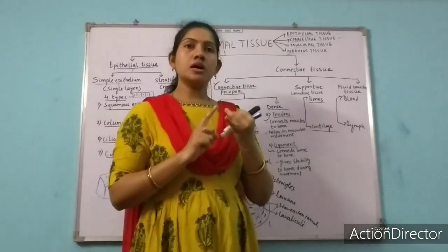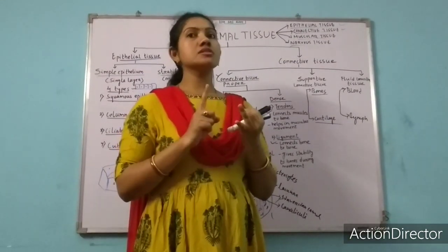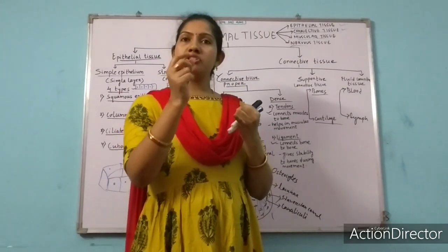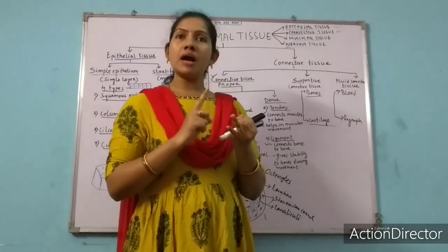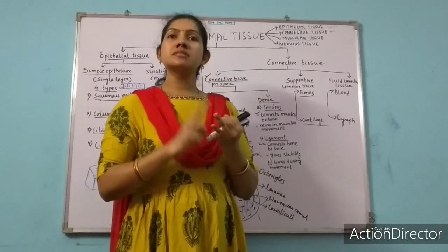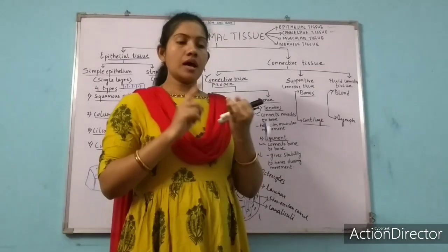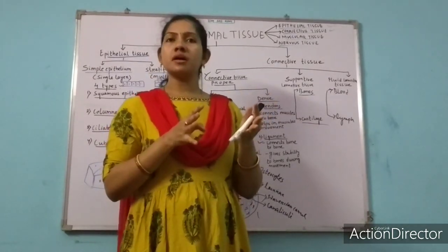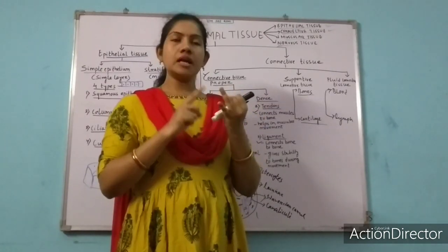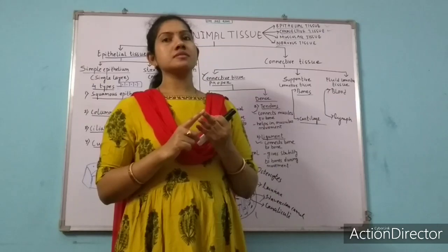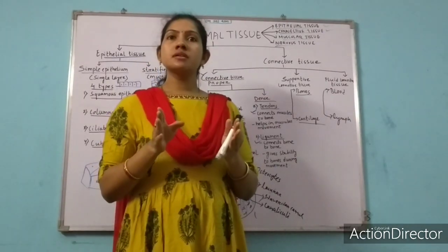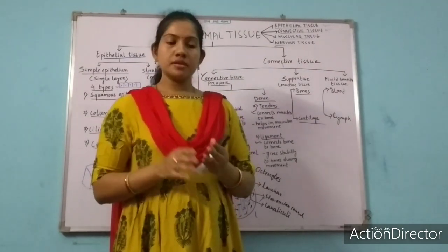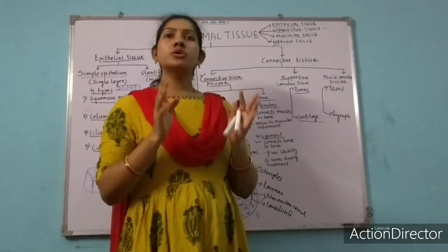Blood contains a fluid part and a solid part, as we have discussed. The fluid part of blood is called plasma, which is straw in color, and the solid part of blood is called corpuscles. So what are the solid parts of blood? RBC, WBC and platelets. There are three solid parts of blood: red blood cells, white blood cells and platelets. RBC are also known as erythrocytes. WBC are also known as leukocytes, and platelets are also known as thrombocytes.